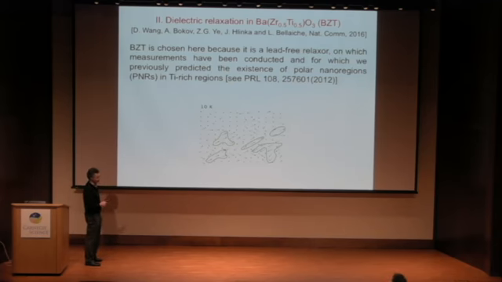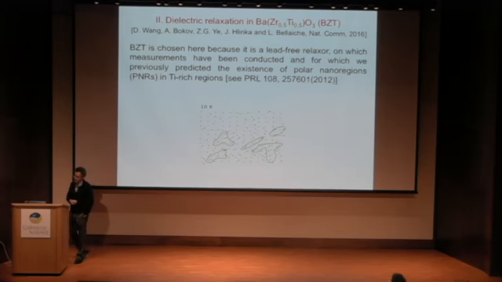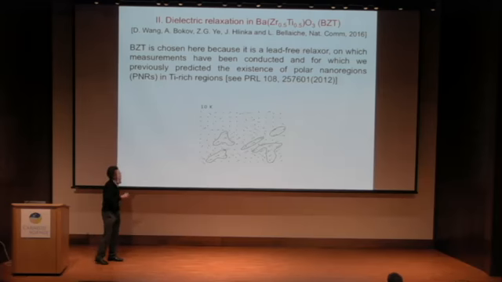And a lot of experiments, or some experiments, have been done on that. And we choose this one because we have already done some calculations on them some years ago. And what we found in these systems is basically these polar nanoregions. For example, at low temperature, this is a snapshot of your system. The blue arrows are basically titanium-centered dipoles, and the red arrows are zirconium-centered dipoles.